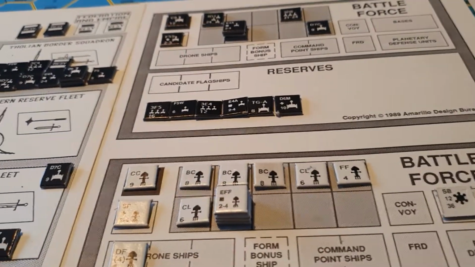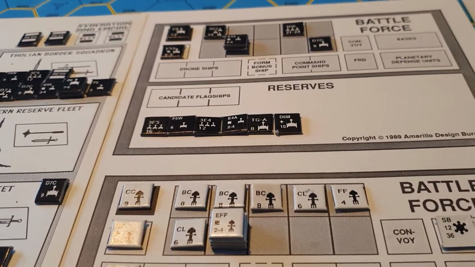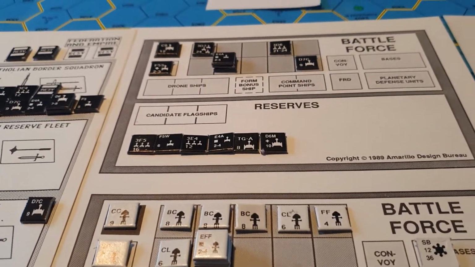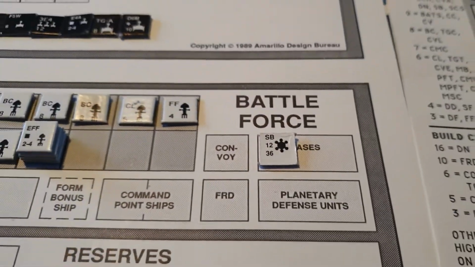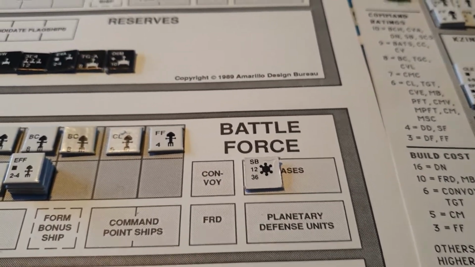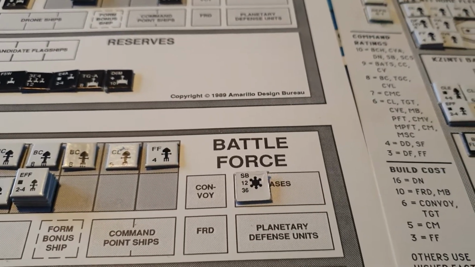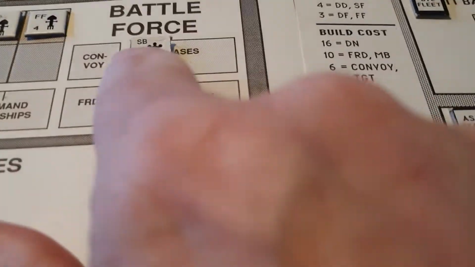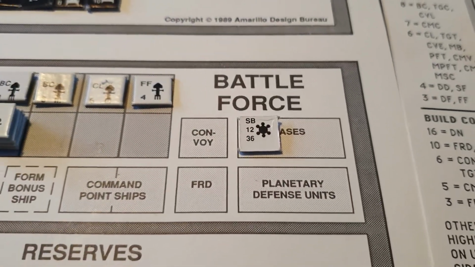Now, if they do an approach to battle, the star base's actual combat factors, which are quite significant, they're actually 36 there, aren't able to affect the battle. This is because the hex is much bigger than the range of the star base's weapons. Note that the 12 fighter factors on board that star base are included